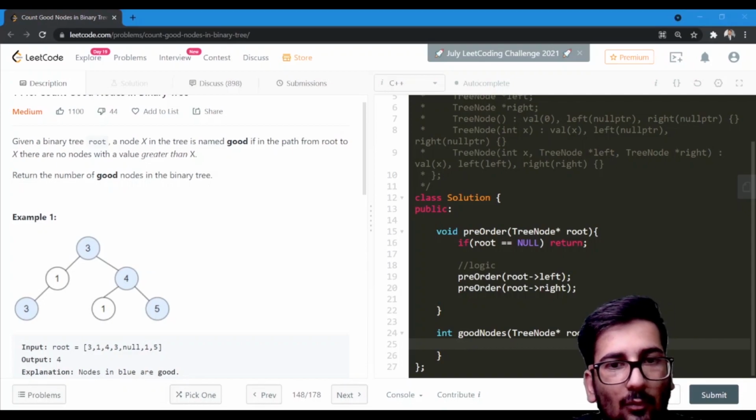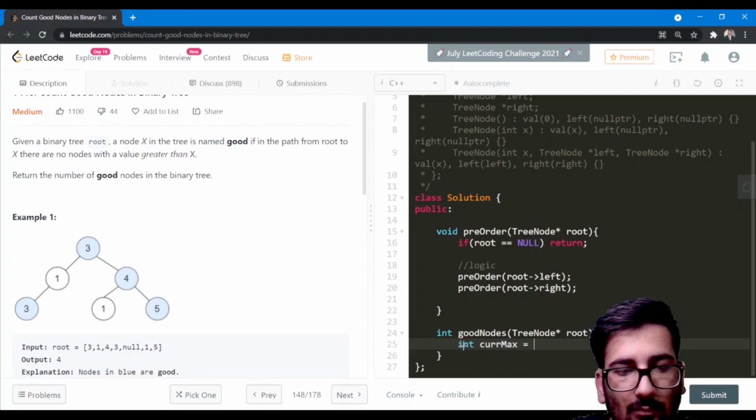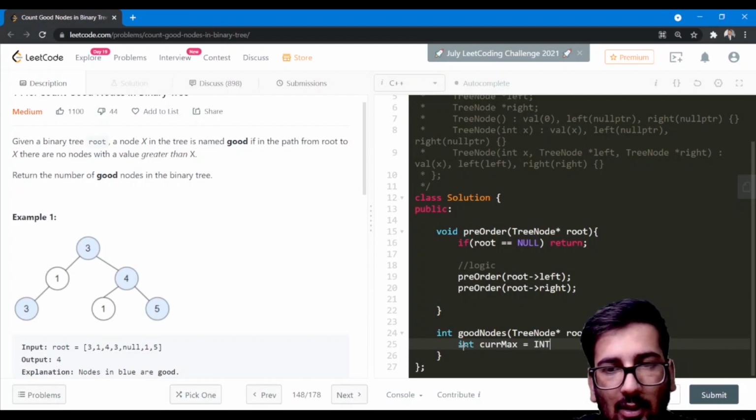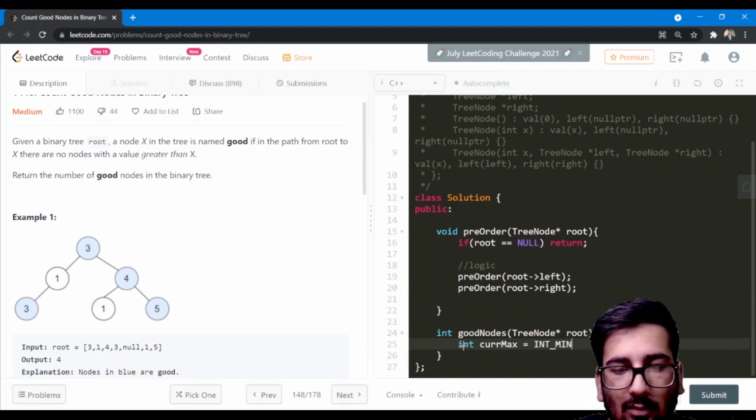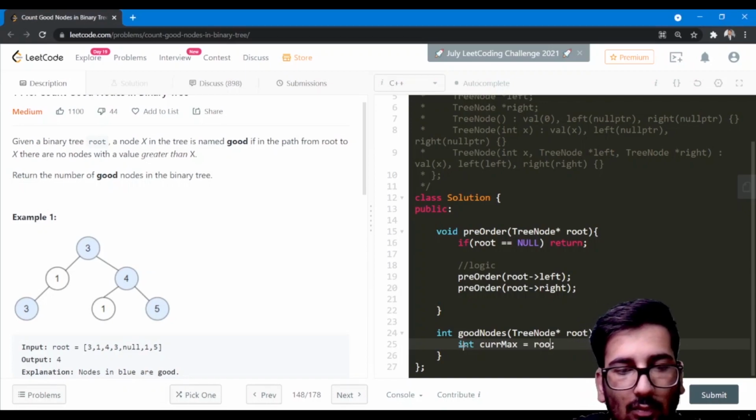Okay. So what we can do is create a variable called current max, and we will set INT_MIN to it, or we can also set the current root value.